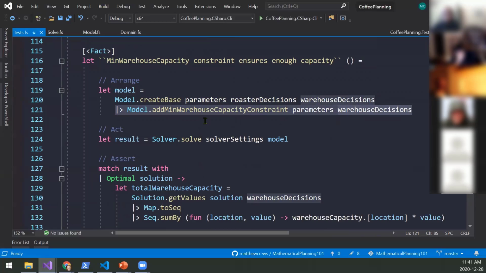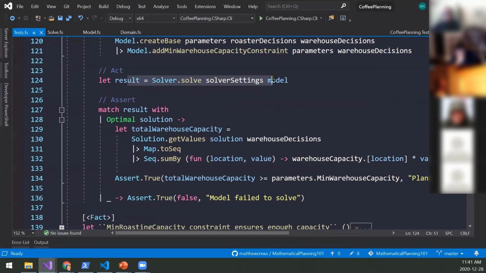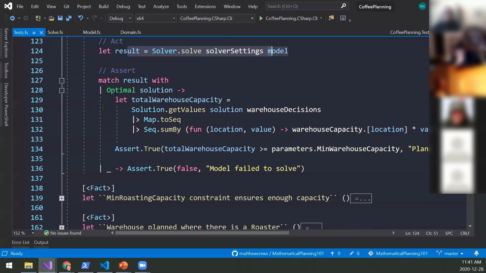In this case, it's only one constraint, though you can imagine it being more: add min warehouse capacity constraint. And say, solve that. And then what I do down here is check, of that plan you gave me, did you select enough warehouse capacity? So I'm just verifying that these warehouse constraints are acting correctly.